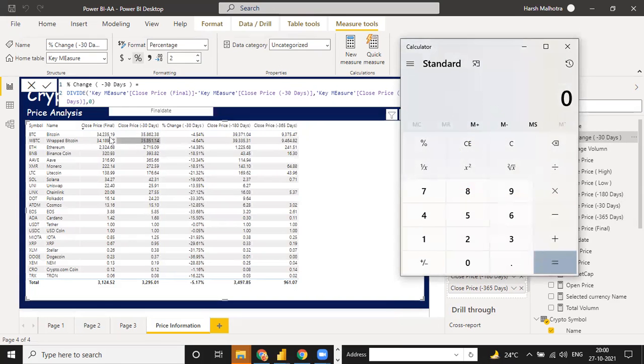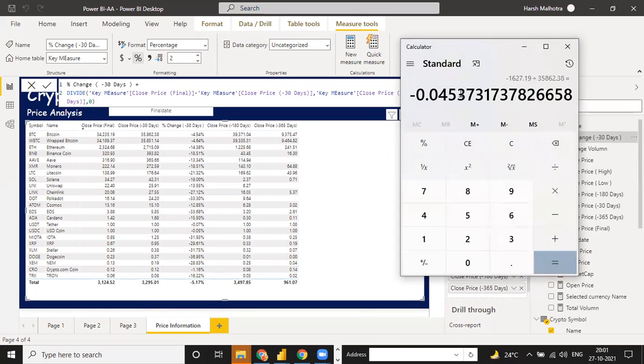See, we have 34,235.19 minus 35,862.38. This is your difference, 162 divided by 35,862.38.